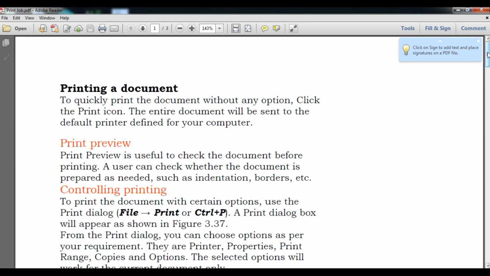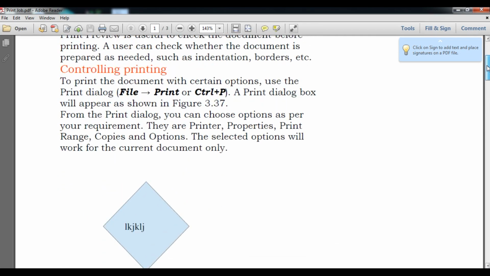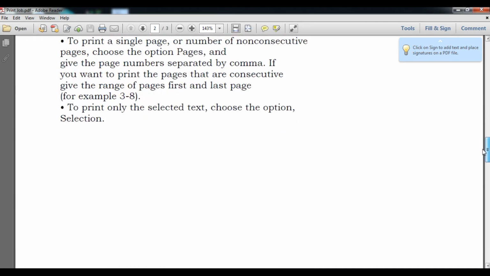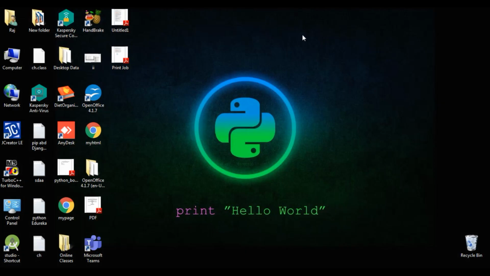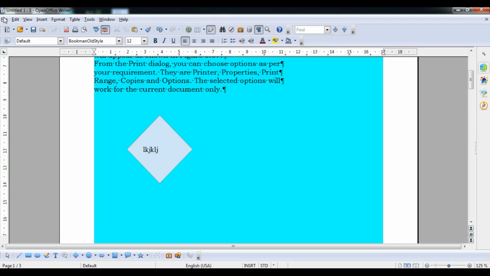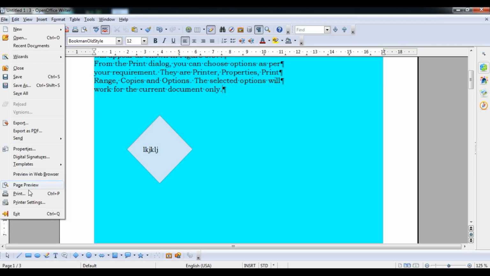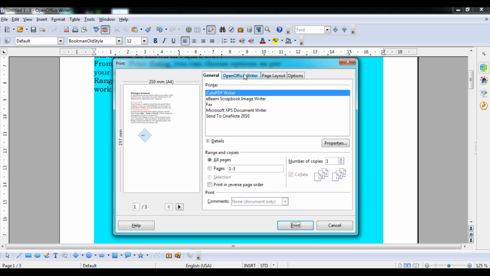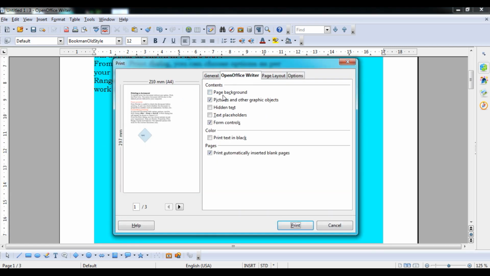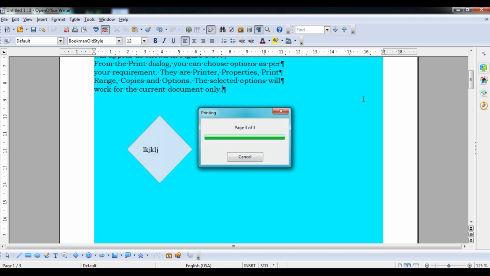So select on this. Now you can see that I have deselected the background of the page. Okay, and the image has come, the color has come. Okay, let me show you this one thing, I will delete it. Okay, I will delete this one. If I show you by the printing option, go to file and then the print option, and select the background also. Okay, so now you can just print it.